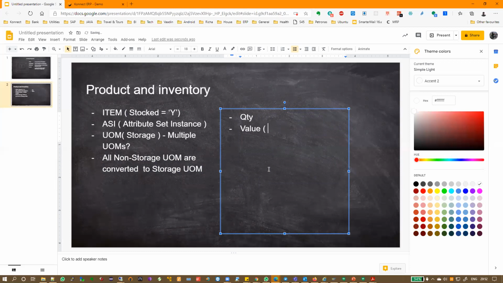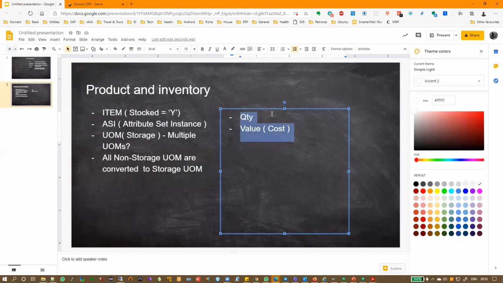When I'm saying value, some people call it inventory cost, inventory value, etc. These are different. Okay. Now, iDempiere, why it is very flexible, or why do we say that it is really very, very flexible, is because unlike other ERPs, this quantity and value are not tightly integrated, they are loosely integrated.